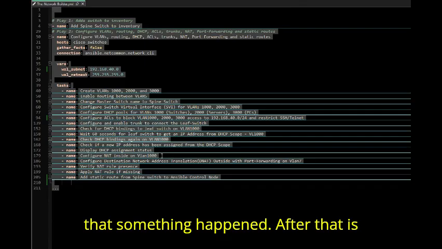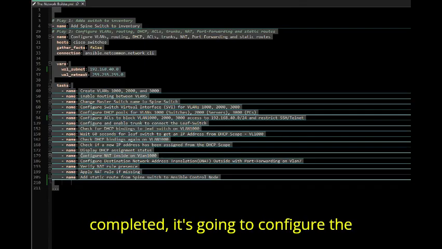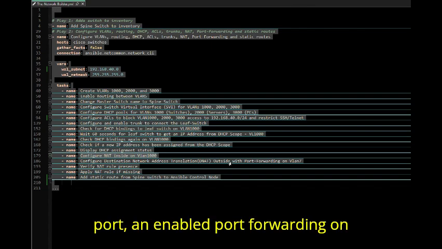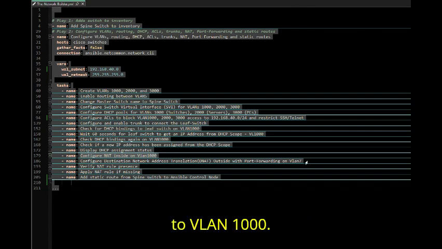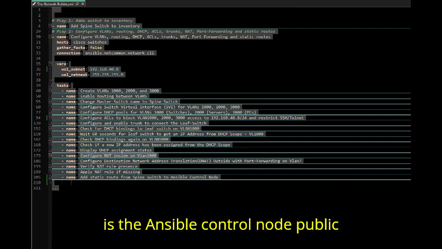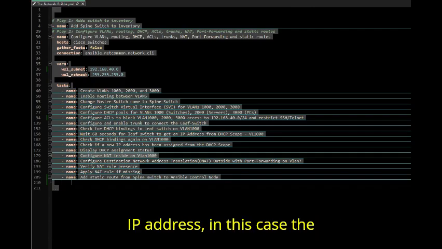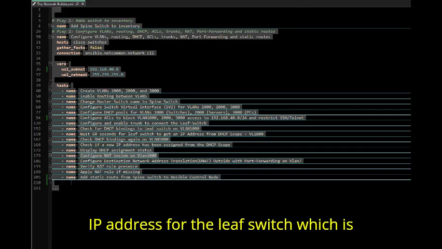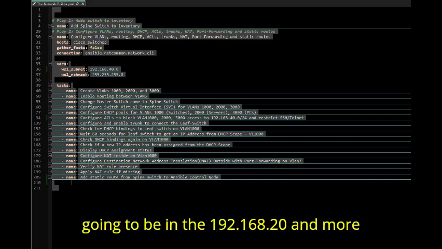After that is completed, it's going to configure the NAT inside VLAN 1000. Once that NAT is enabled, then the playbook is going to configure the destination network address translation, or DNAT, on the outside port and enable port forwarding on VLAN 7 to VLAN 1000. So what this DNAT is translating is the Ansible control node public IP address, in this case the 192.168.40.98, which is on VLAN 7, to the private IP address for the leaf switch, which is going to be in the